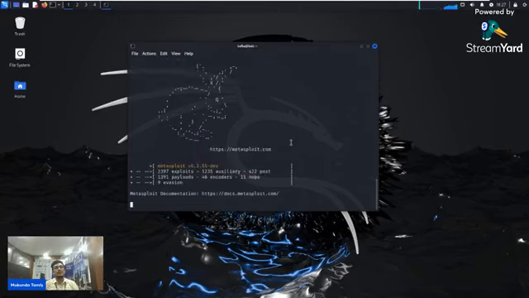So it's opening and we got a rabbit flag. So it's come up.